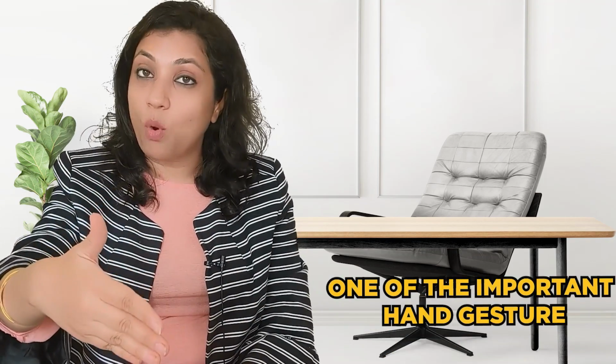Number 7 is the use of the side palm hand. Whenever we are handshaking, suppose we are handshaking like this, this is one of the important hand gestures that actually shows that you are trying to persuade the audience into believing what you are trying to say. This is how we are actually trying to reach out to the audience, and when we are doing this kind of a hand gesture, the audience feels that they have to connect to the hand because the hand is coming